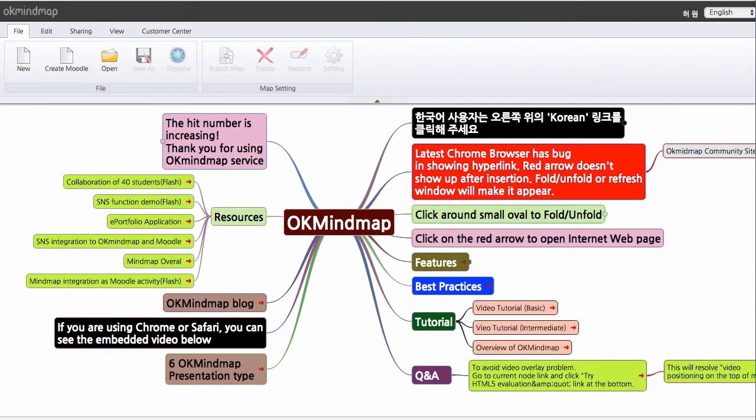Now you can integrate Moodle with OKMind Map. This is a new feature of OKMind Map, which is web-based mind map software. So if you have an account on OKMind Map, you can create a map which is integrated with a Moodle course